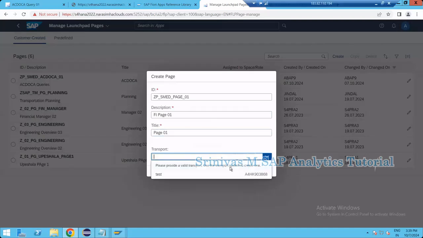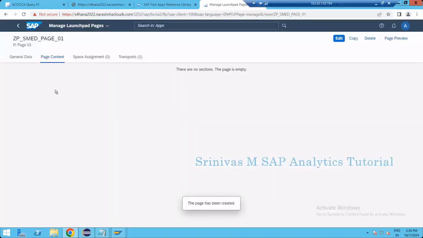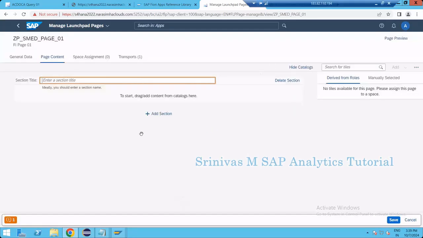And then the transport request is asking, same 38687. Click on the create button. Now it has created a page. You see, now this is my page. Now if I go to edit, in the page we need to add